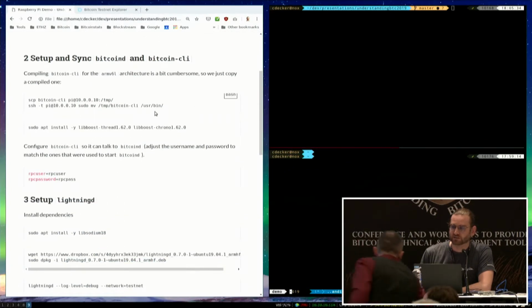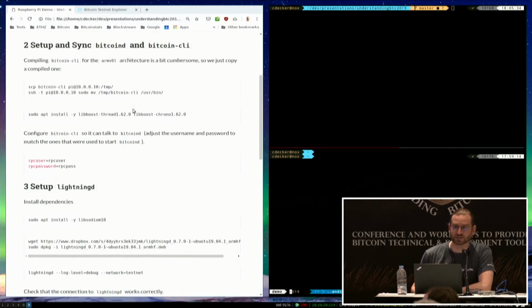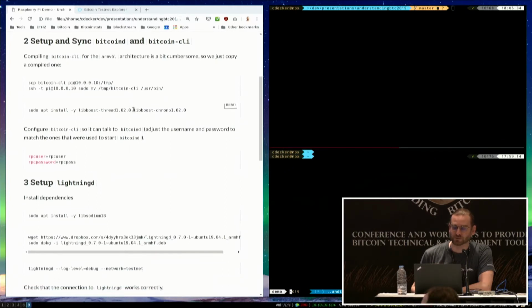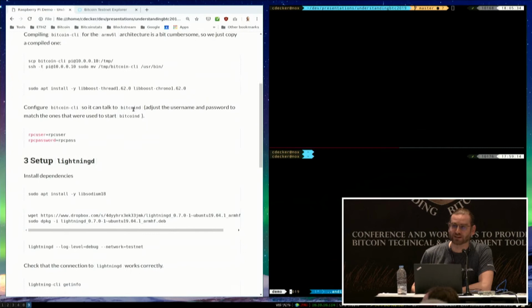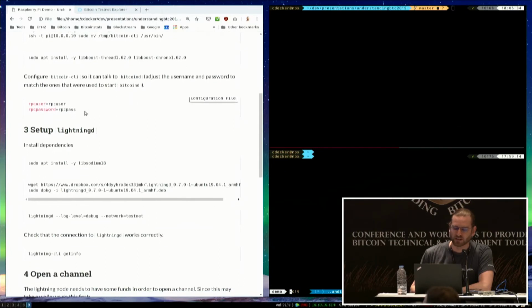So the first step that is actually needed is to set up Bitcoin-D and Bitcoin CLI. Since Alekos did a very excellent job at explaining how to do this, I thought I might actually skip this. It also takes loads of time to synchronize a Bitcoin node. So I did that ahead of time, so you guys wouldn't have to wait 19 hours before proceeding. So what I did is basically I have this